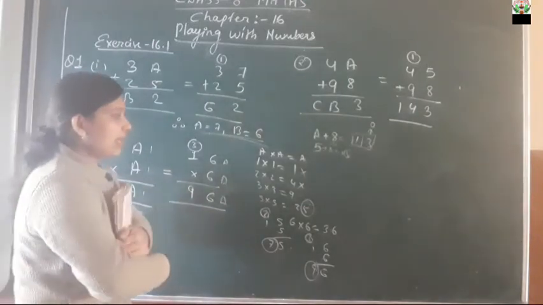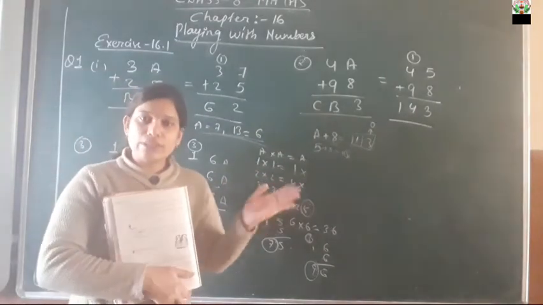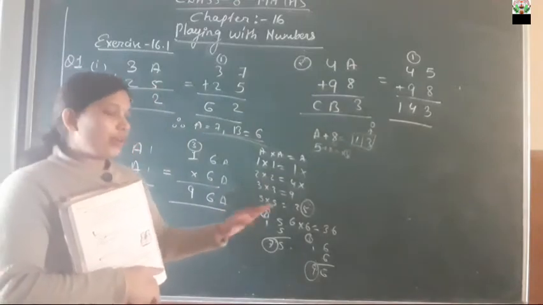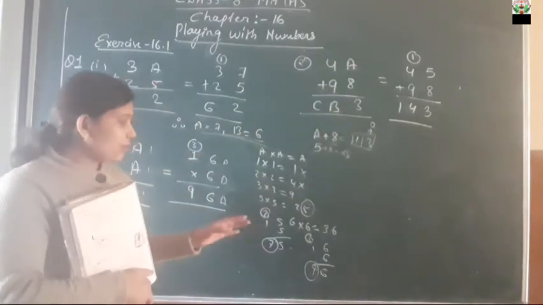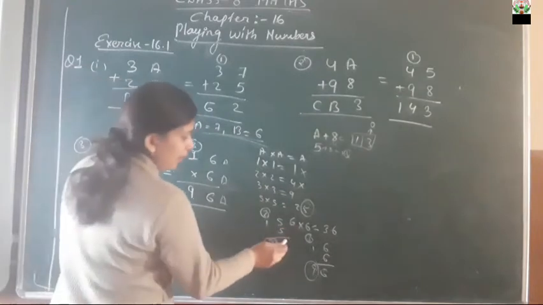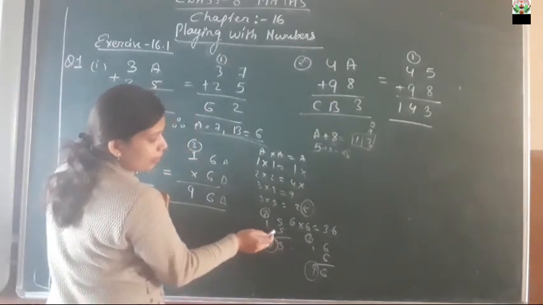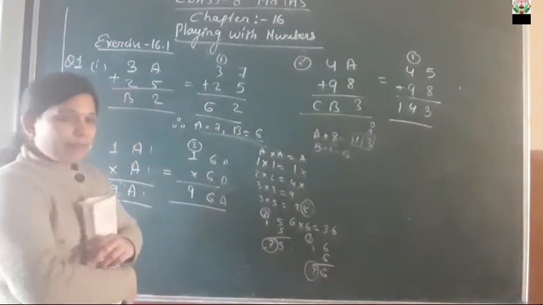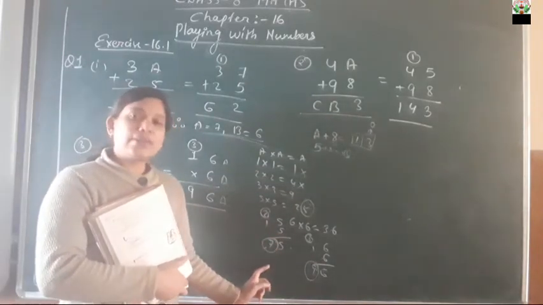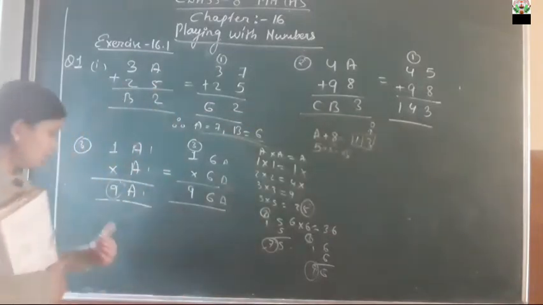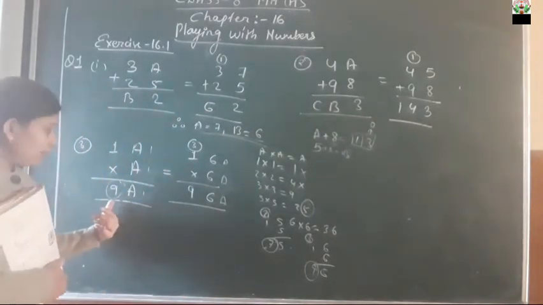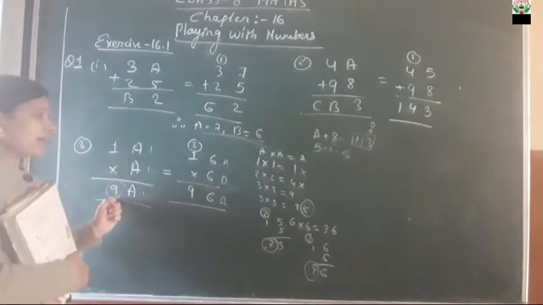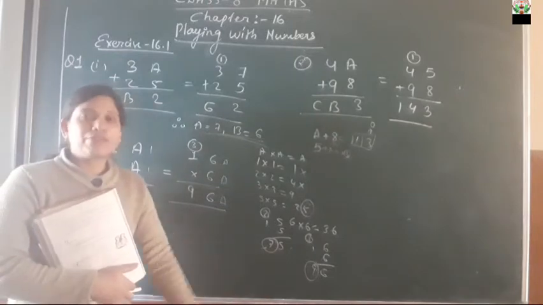You can ask me, teacher, why are we not going to put 1? 1 is also in play, 1 into 1, 1 is only coming, isn't it? 5 into 5, 25 is coming, 1's place value. See student, if we multiply 5 with 5, 5 is coming. But when you multiply, here we want 9. In place of 7, we want 9. That's why. While multiplying, 5 plus 2, 7 is coming. Now 9 नहीं है. 9 जबकि हमको क्वेश्चन में दिया गया है कि यहाँ पर 9 की वैल्यू आना चाहिए. यहाँ पर जो वैल्यू है वो 9 ही आना चाहिए मल्टीप्लिकेशन और पावर को ऐड करने पर. That's why we cannot take this 5 and 1.